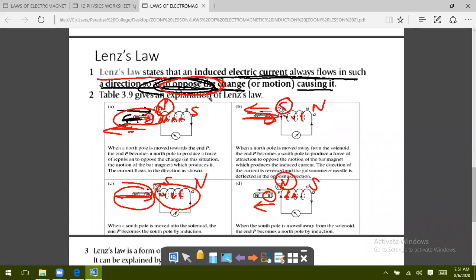The application of Lenz's law and Faraday's law, we're going to take a look at those in the next session. We lost much of our time in this technical fault, so we'll talk more about